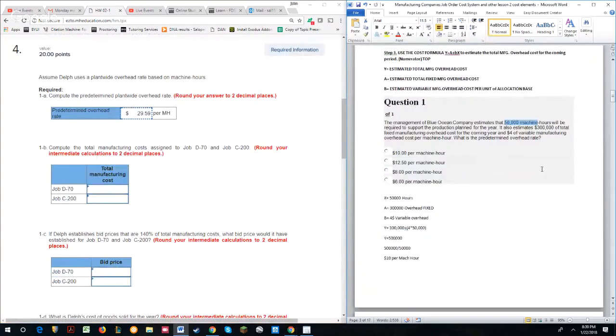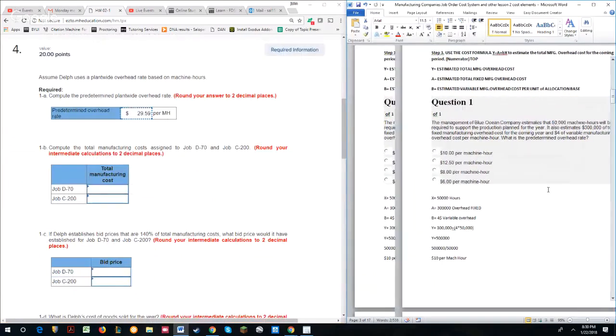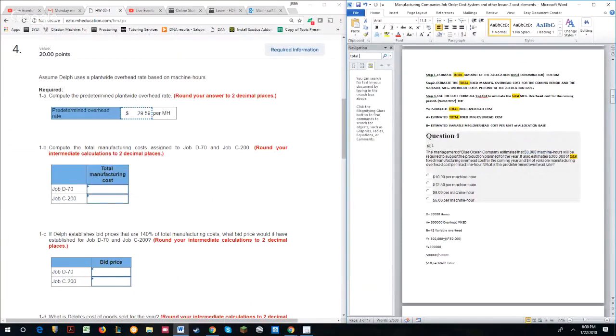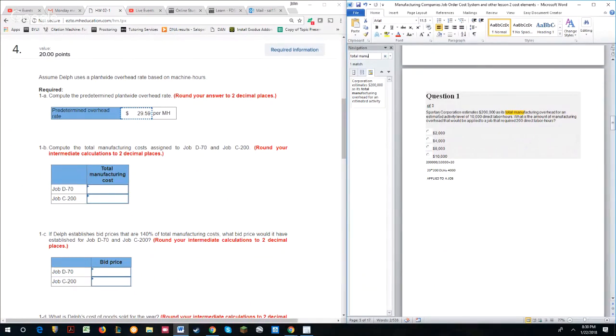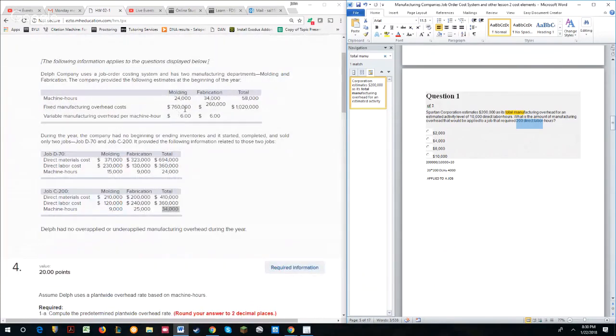Wait a minute, let me go to the total manufacturing cost. Yeah, so is it just applied to the job? This is the question I got here. We take our total manufacturing overhead divided by our machine hours, and then we times that by however many machine hours that is for the job. So if we take each job separately here,